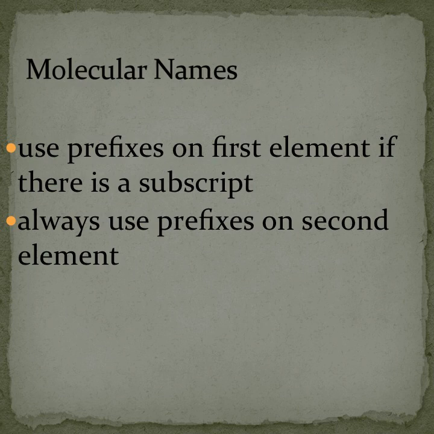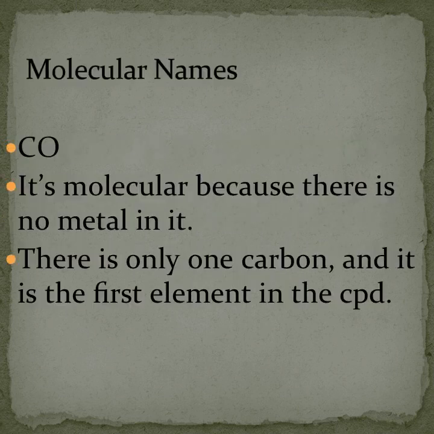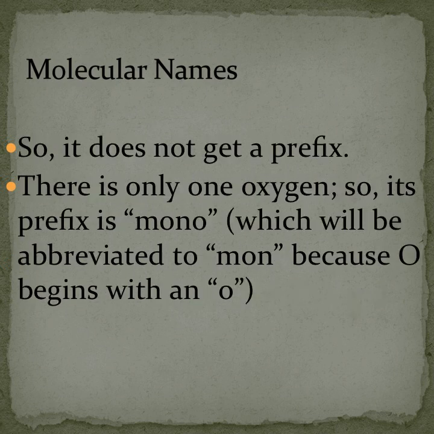If you don't see a subscript, you do not use a prefix on the first element. On the second element, you always use a prefix, even if there is no subscript. If there is no subscript, it's understood that the subscript is 1. So the first example I'll give you is CO. It's molecular because we don't see a metal in it. It's made of nonmetals. There's only 1 carbon, and it's the first element in the compound, which means it doesn't get a prefix. There's only 1 oxygen, but it's the second element, so it always gets a prefix,